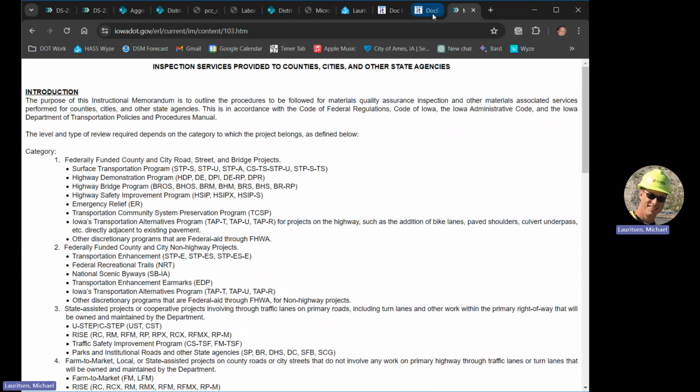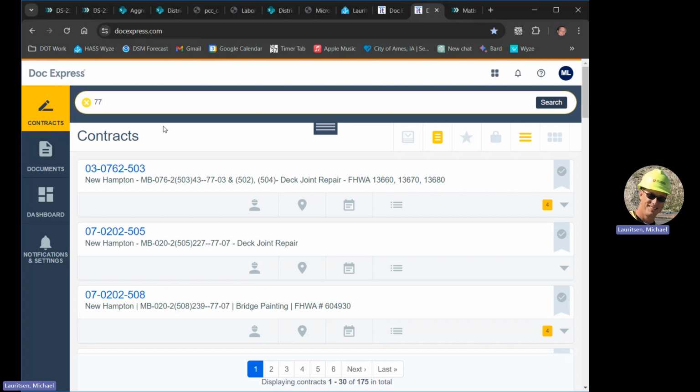Okay, so if I go into Doc Express, I just happen to have these on my screen. If I look at these, they don't have PED at the end of them. I guess these are all state projects because they're on state routes. But these do have FHWA numbers on them, and with the FHWA number, you know it's a federally funded project. But if they had a PED, which we're going to see in just a second,